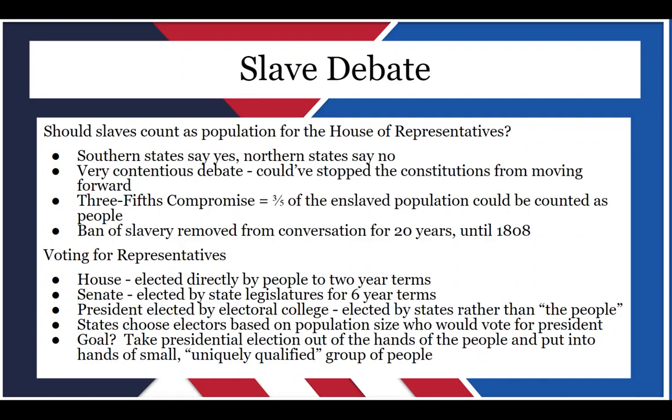So all of the people who voted for the other candidate, basically their vote just disappears, which is a little bit nuts. And it's one of the reasons why in recent years we've had a couple elections in which the candidate wins the presidency but doesn't actually win the popular vote.